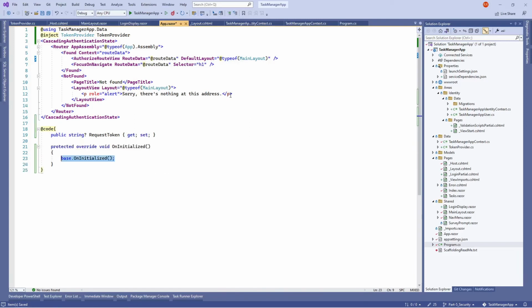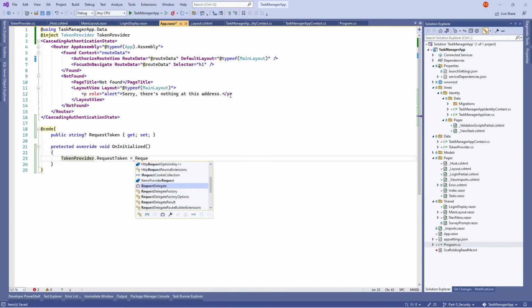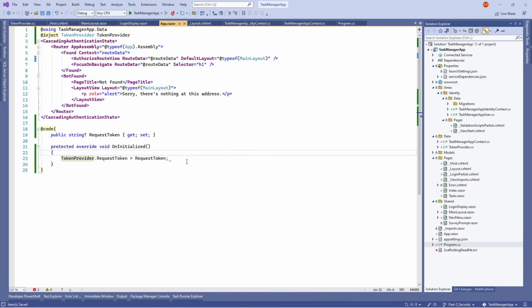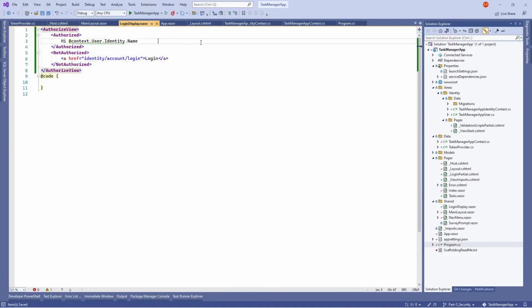Okay, then let's pass in the request token so that other components can have access to this request token, especially the one on the login display component. Okay, request token, let's pass in the request. Okay, now that we have that plumbing, what we could do now here is on our login display, we will